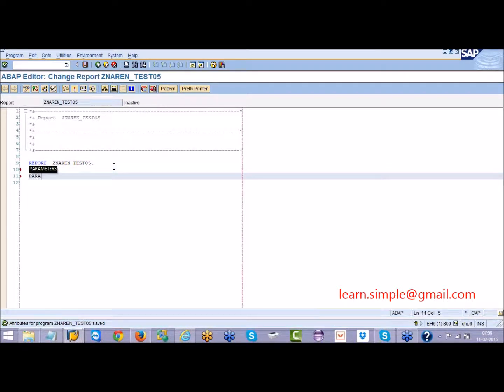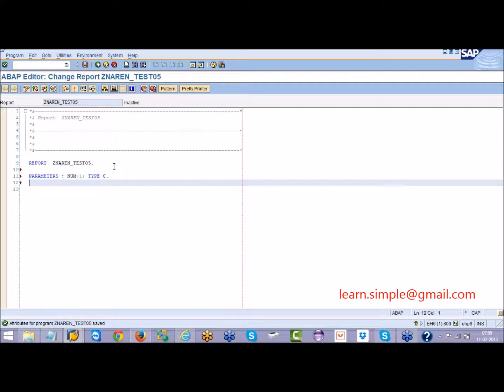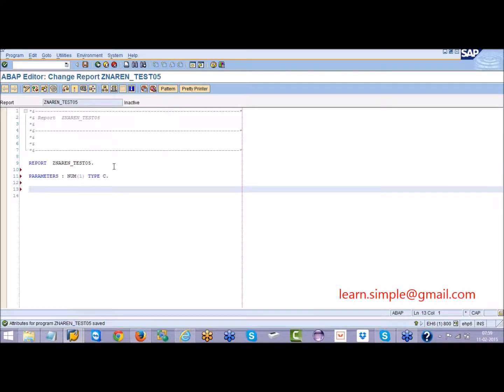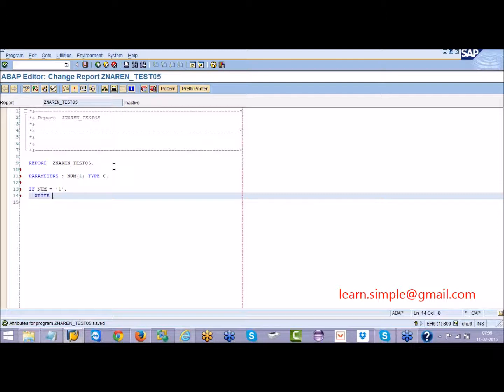So in that case, I will declare a parameter to enter the value of the input. I will say num1 type C. The user will enter either 1 or 2 or 3 up to 9. So in this case what I'll do: if num is equal to 1, I'll write ONE.